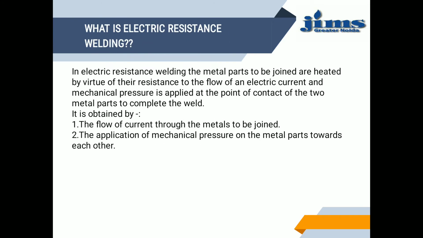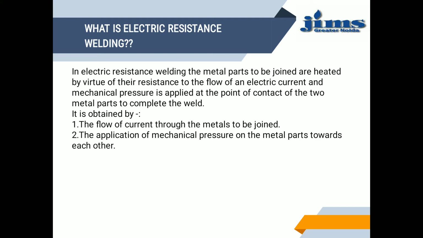So guys, what is resistance welding? First of all, how does resistance occur? We can go for resistance spot, we can go for resistance butt welding. In this, metallic plates are held between two electrodes of copper or another metal, which concentrate welding current at the metal interface over a spot, and pressure is applied to complete the weld.